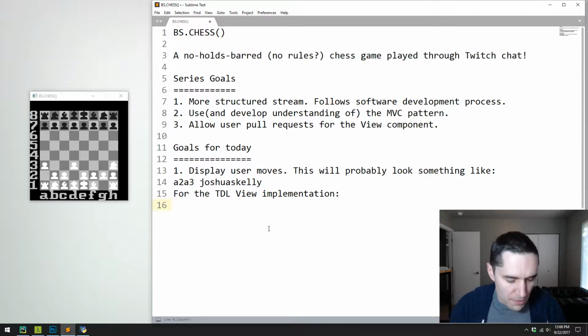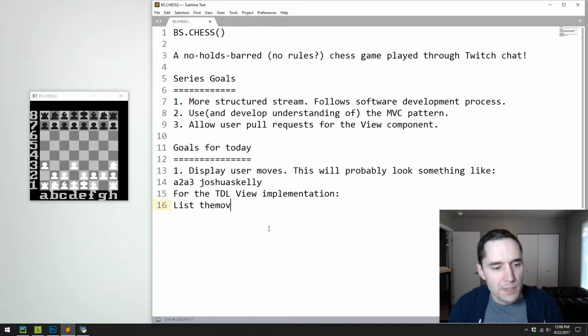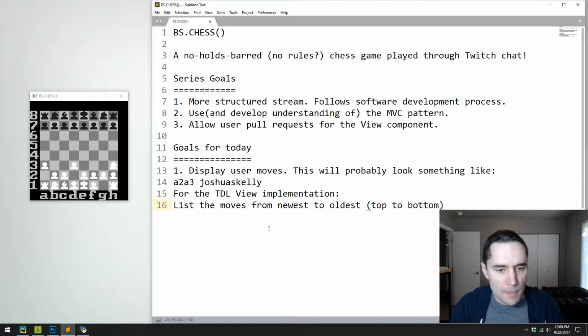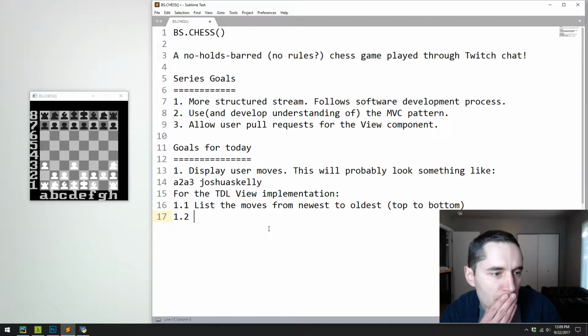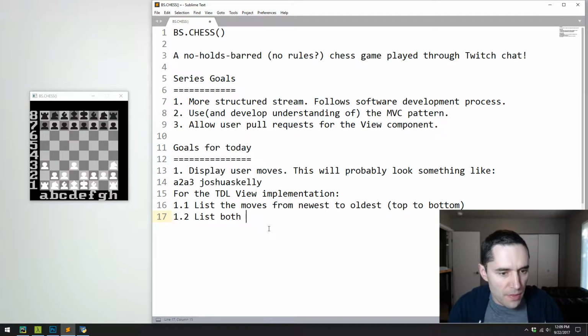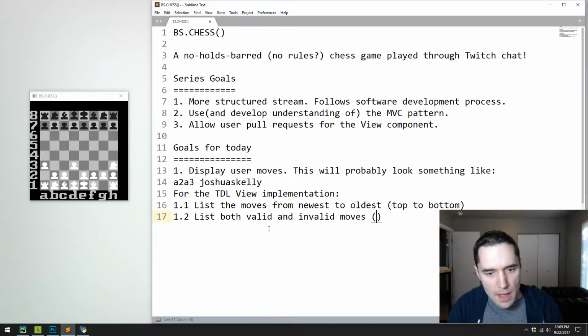But for the TDL view implementation, we want to list the moves from newest to oldest, and that is top to bottom. We want to list both valid and invalid moves and differentiate between the two. Likely this will just be a different color, but I think for Twitch playable stuff, I think it makes the most sense to